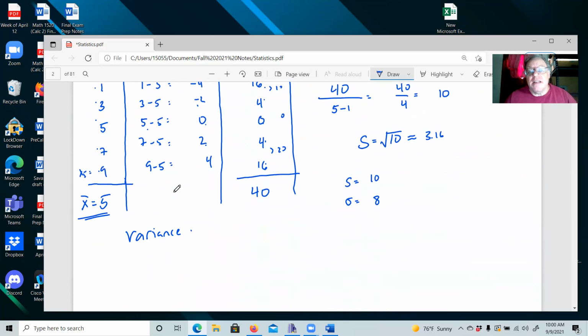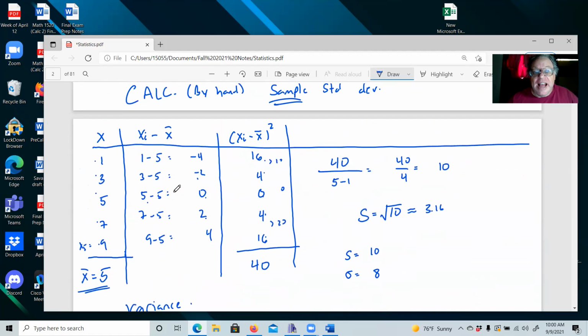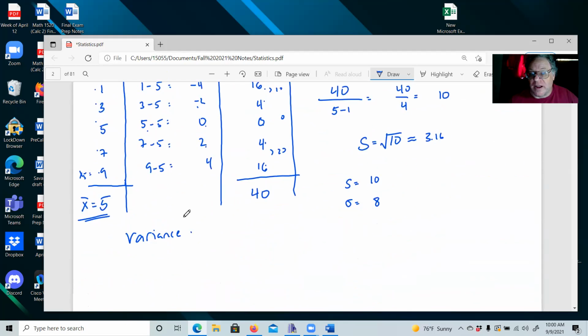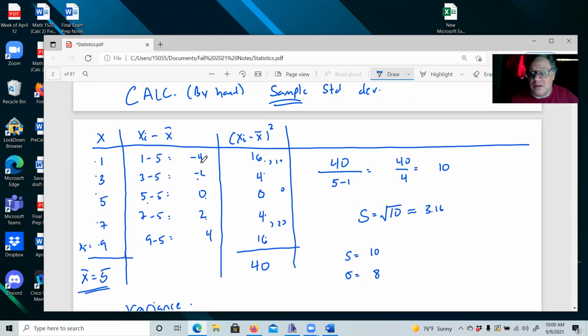Even if we did, the point of the later questions, the point of the later chapters, is to quiz you on the material in the later chapters. It's not to waste 3 hours of your time doing this. Okay, it's not where you're supposed to be working. You have things to do. So you should be using your calculators to get your variances and your standard deviations on your homework.